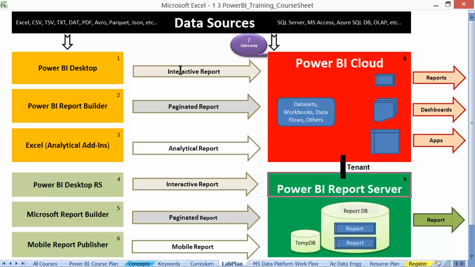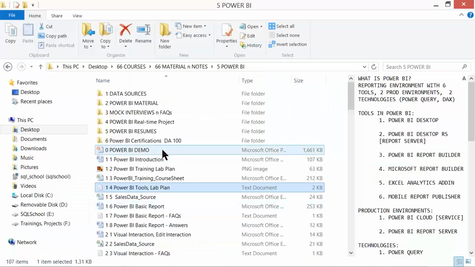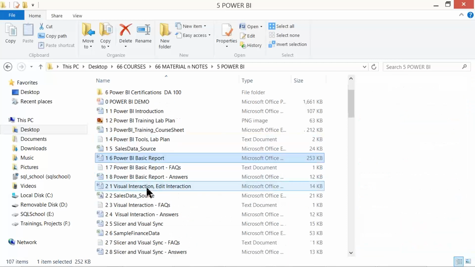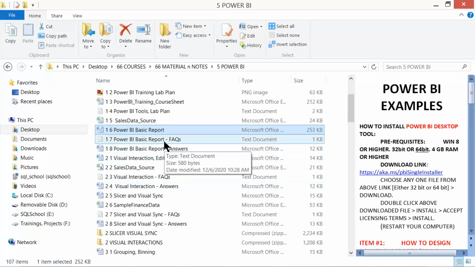Different types of tools generate different types of reports. We have Chinese, Indian, Italian, Mexican, what and what not. I assume we are very new. Let's enjoy this lengthy course. Right from the introduction we'll start, and slowly get into basic reporting.